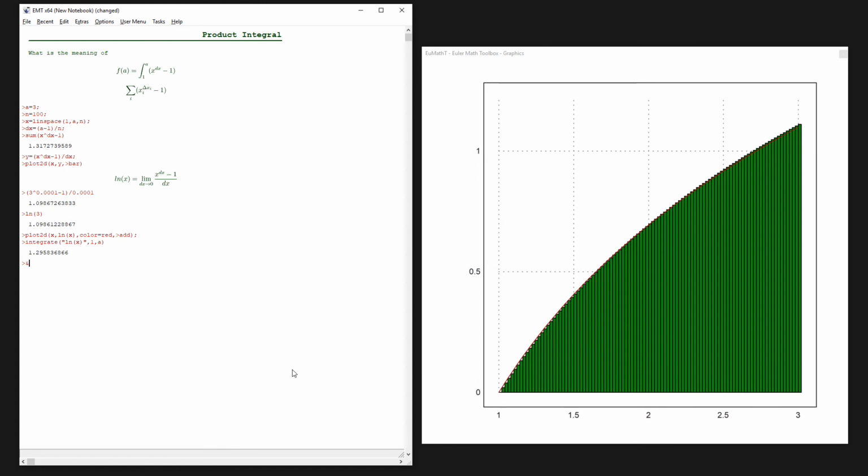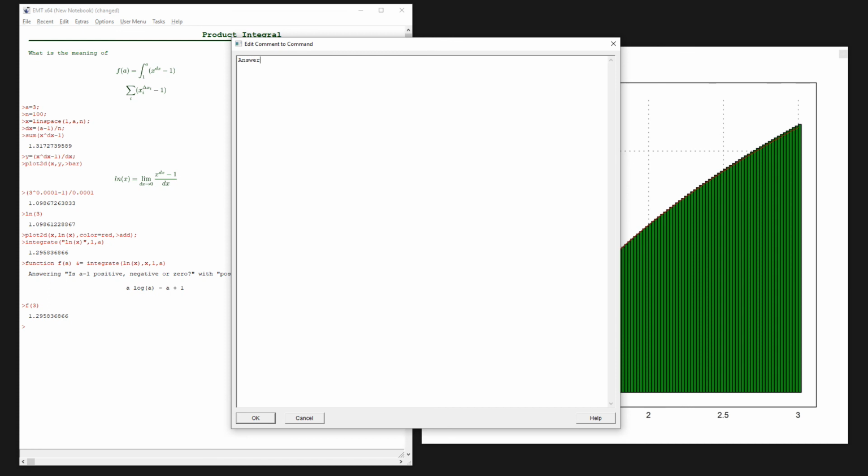By the way, you can also compute the function itself. So this is a numerical integration, but you could also integrate that in Maxima using exact integration, and you get this function. So now we have this function f, and f of 3, for instance, would be that value. This is the exact version, and this is the answer to that problem. If we take the derivative of that, we get the logarithm. So f of a is the integral over the logarithm, actually,